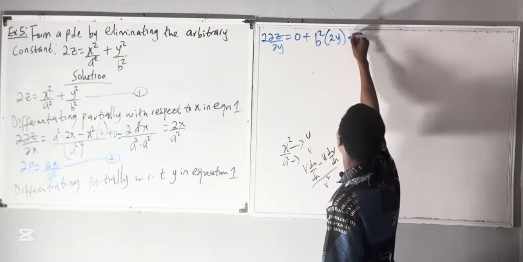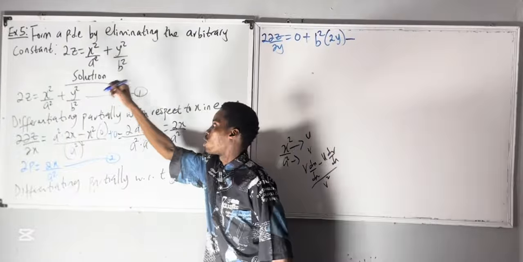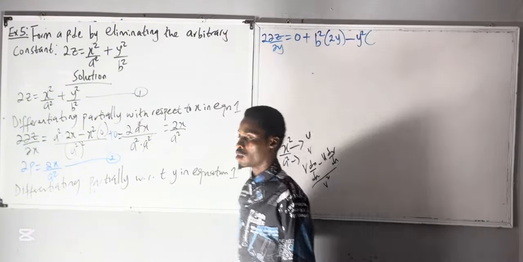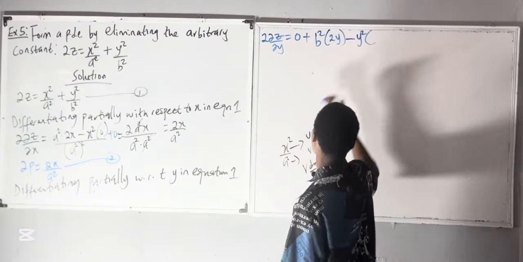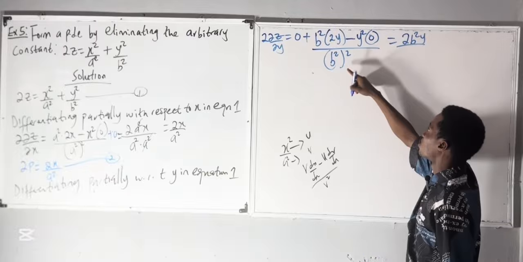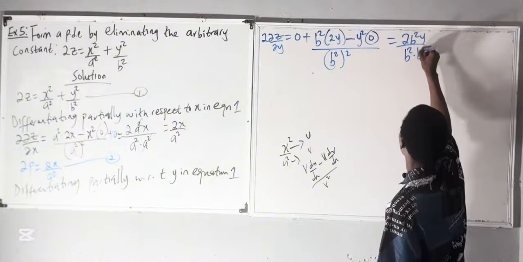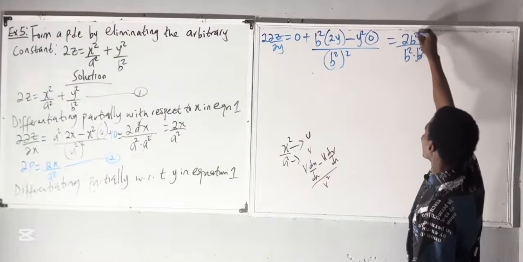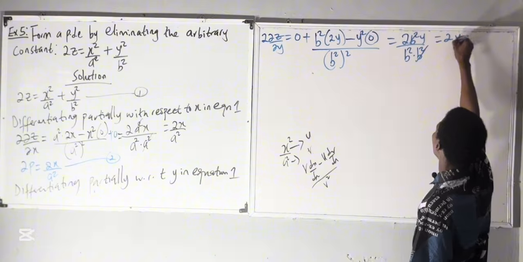Then minus, I'm going to have u. What is my u? y raised to the power of 2. So I'm going to differentiate my denominator with respect to y, which is 0, because y is not in that denominator and it's constant. Over v square, that is b square into 2. So I'm going to have, if I use b square to open the bracket, 0 is nothing. I'm going to have 2b square y all over b square dot b square. b square to the power of 2 is b to the power of 4. b square is common here, I can cancel it out. So I'm going to have 2y all over